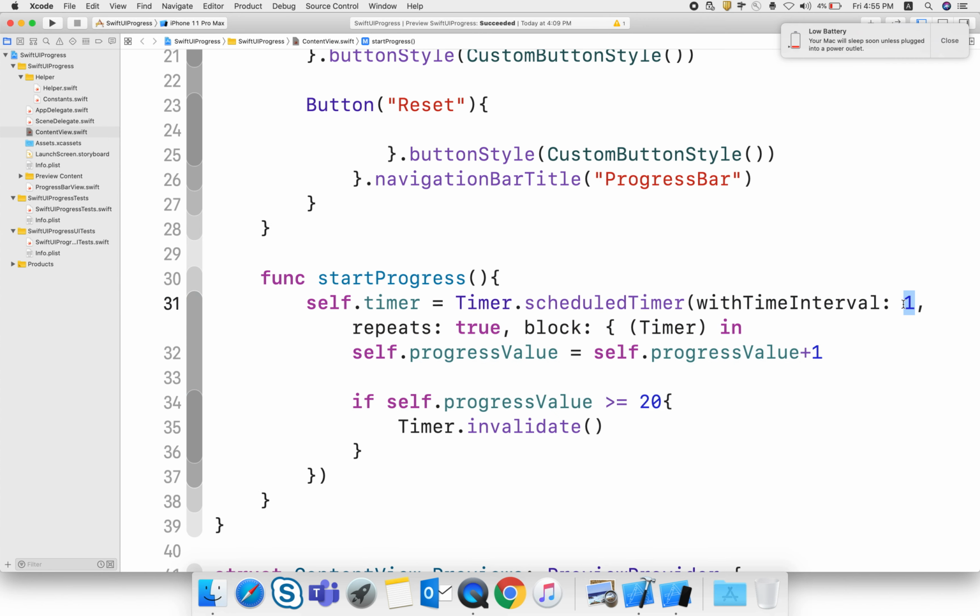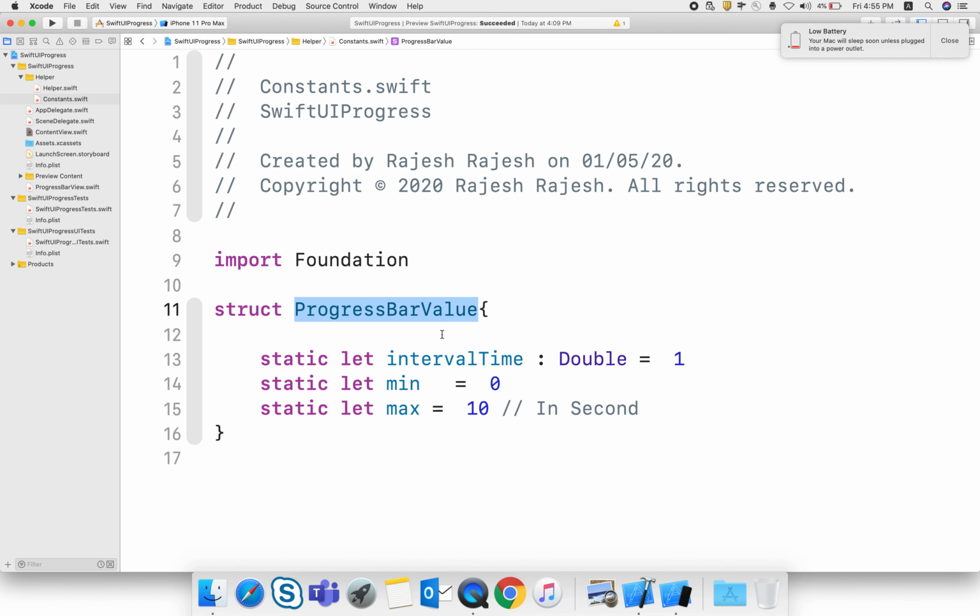Here you can see that the 1 is hard coded and 20 is also hard coded, so it is not good practice. So what I need to do here is use a constant file, and here I created a struct for the progress bar value and give that value here.